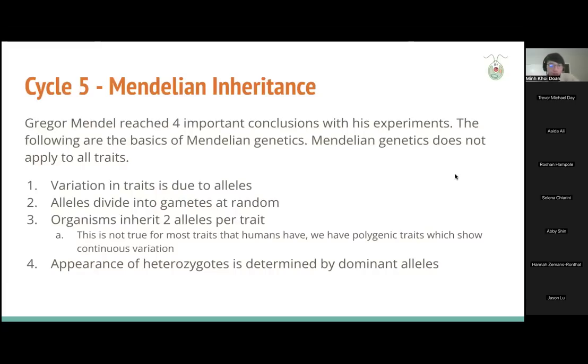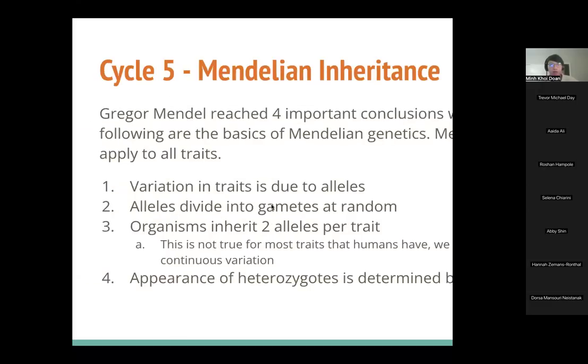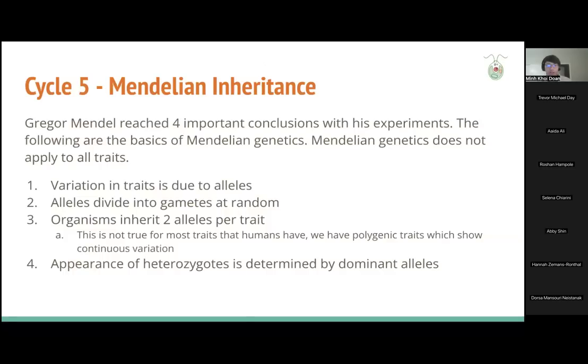Thank you, Jason. So in cycle 5, we're going to be covering Mendelian inheritance. In Mendelian inheritance, Gregor Mendel reached 4 important conclusions with his experiments. So the following rules are the basics of Mendelian genetics that we're going to cover. Very importantly, Mendelian genetics does not apply to all traits, and we're going to be covering some traits that actually don't follow this rule. So be careful when you're answering questions that you first determine whether you should use these